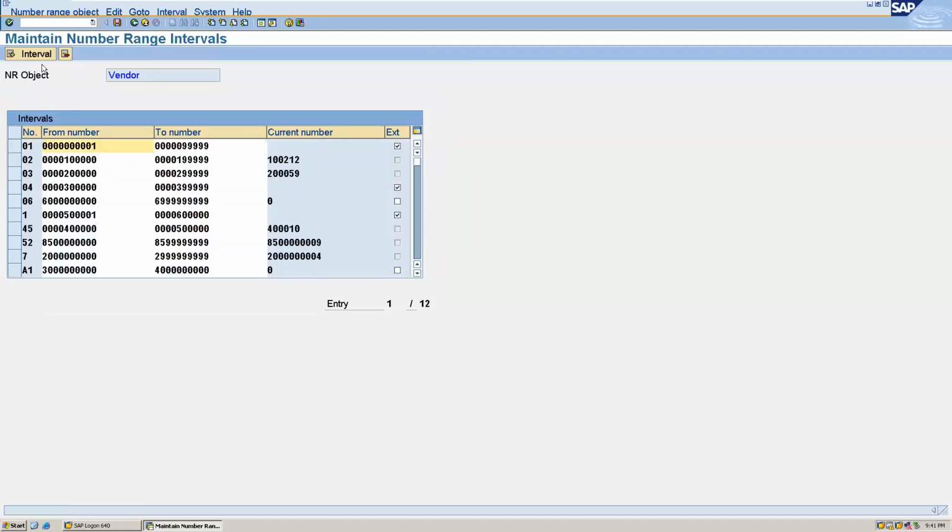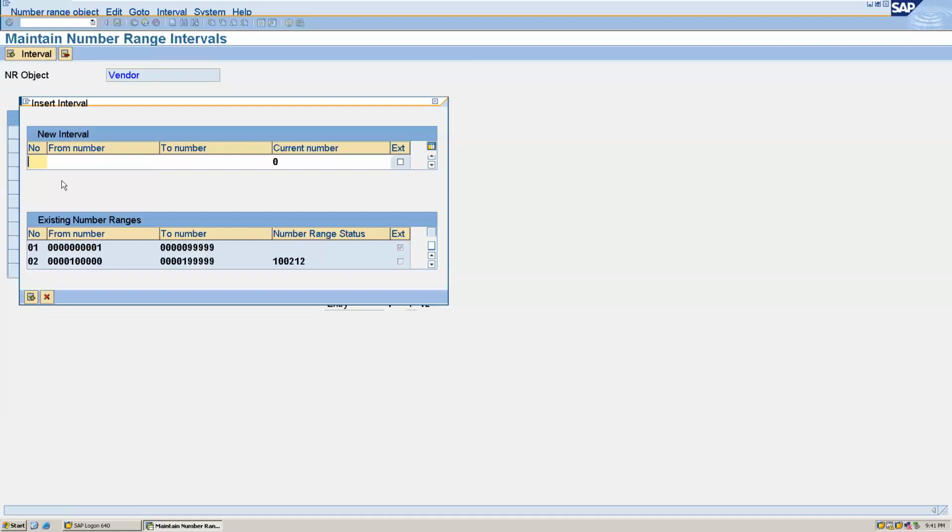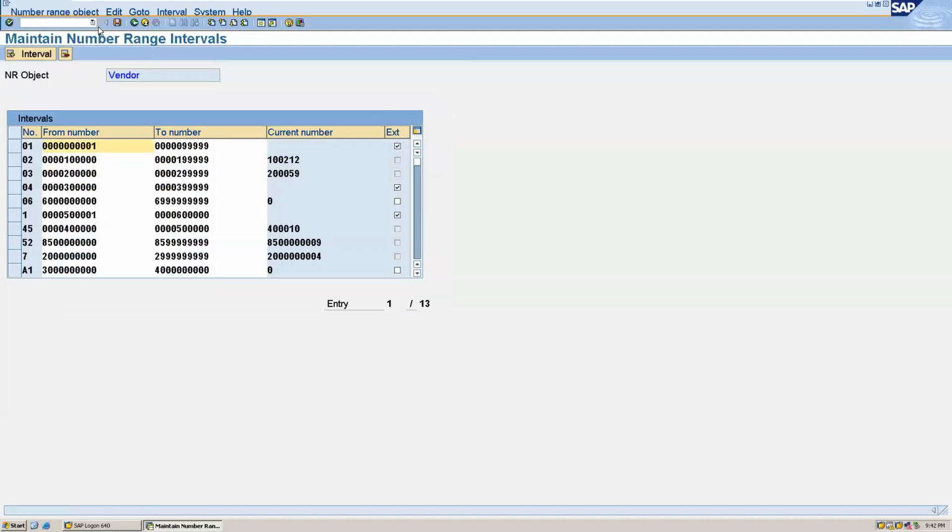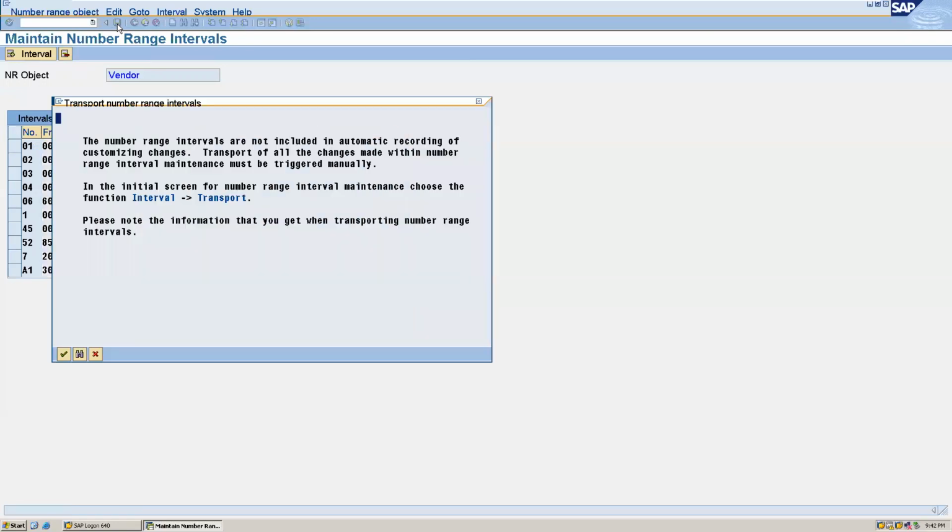A1 created. Now we have to create for A2. And we will save this.